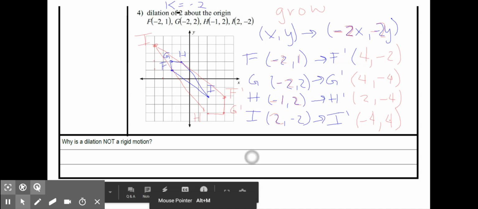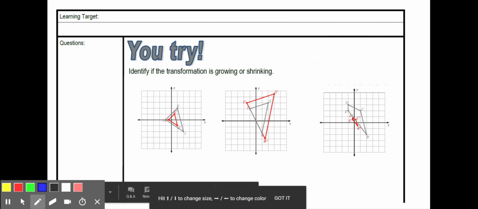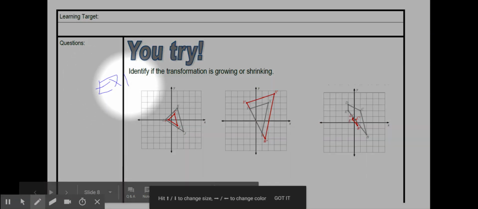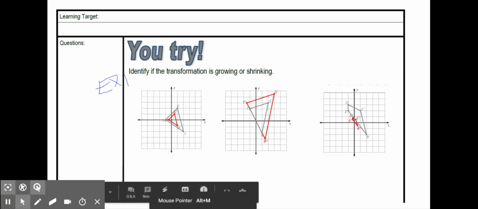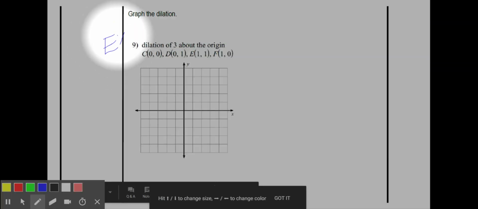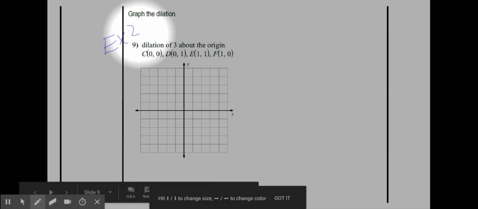Okay. So here's our You Try. So these are just like example 1, where I just need to say whether they grow or shrink. And then we graph. These are just like example 2. I think there's just 3 that you need to try on your own, and you're going to do great. We'll see you next